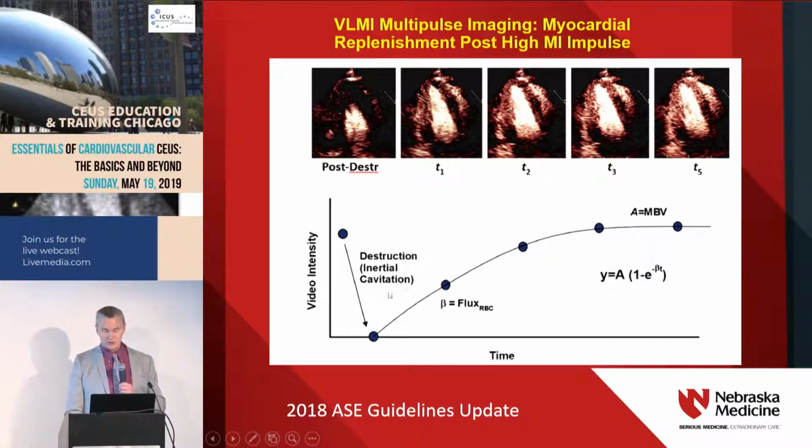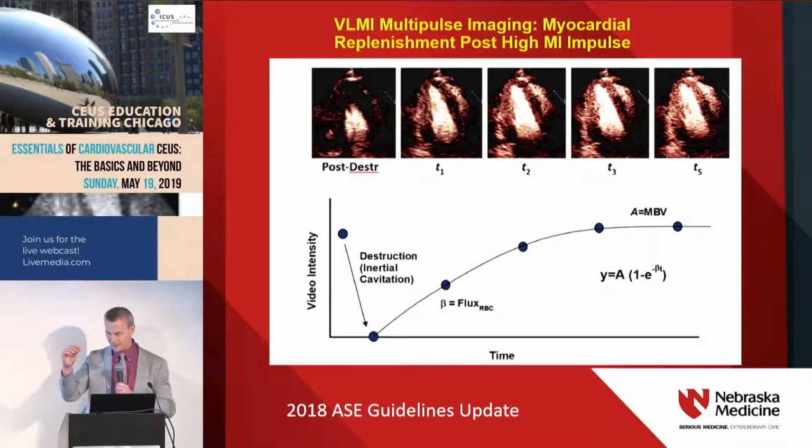But I showed the slide to show you what it actually looks like if you were quantifying this in any one of the segments. You'd see that after that high MI impulse, the myocardial contrast disappears, then it replenishes. Under normal conditions, if microvascular blood flow is normal, and we're using the typical two-dimensional transducer that has about a 4 millimeter elevation plane, capillary blood flow is about 1 millimeter per second under resting conditions,